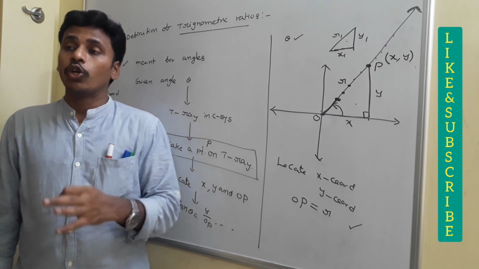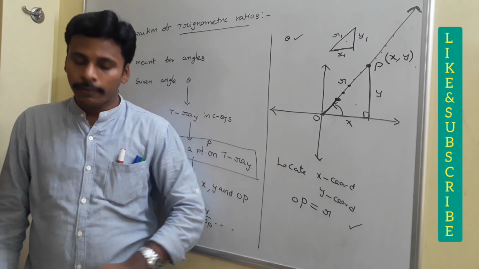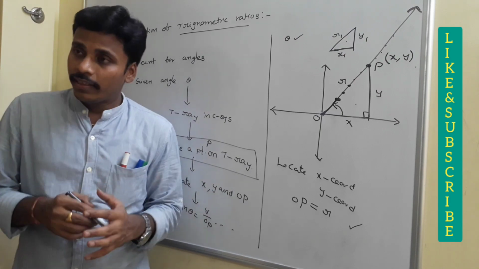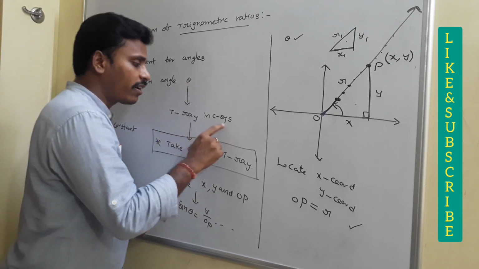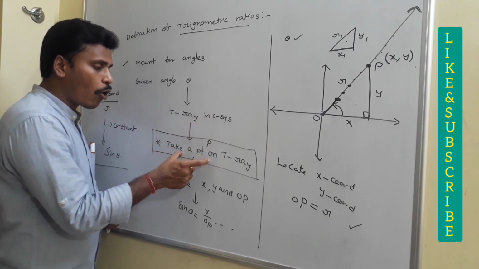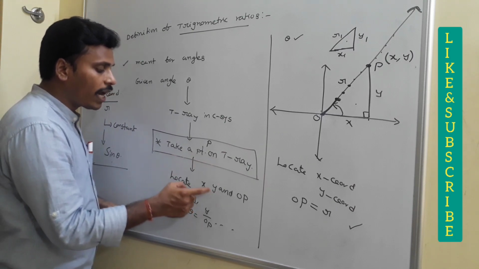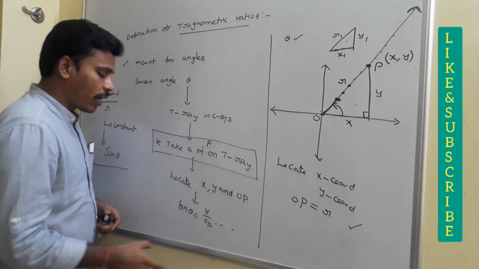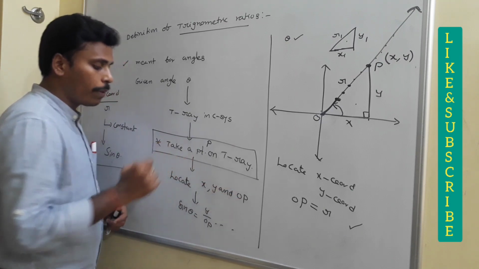If you have any doubt related to this discussion, you need to raise your hand. Before that, once again I am going to explain. First, suppose you want to calculate sin theta. First of all, what is theta? After having theta, you need to construct a terminal ray in the coordinate system, and after constructing the terminal ray, you need to take a point P on it. Then you need to locate its x coordinate, y coordinate and the distance from origin OP.